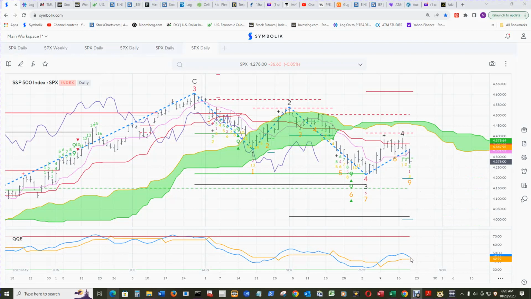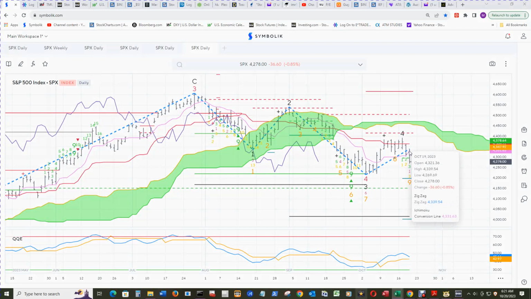And the QQE took a dive down. It looks like it's eventually going to go under the slow QQE again, and it's under 50 at approximately 45.66. Slow QQE 42.97, just a couple of points away. And the conversion line has ticked up to 4331.63. It's a 9 moving average for the cloud, so it took the average back to about this bar and